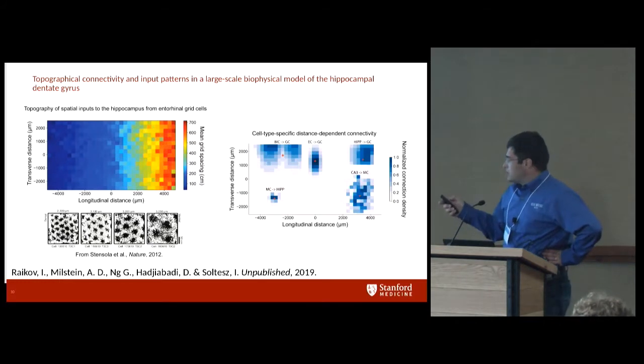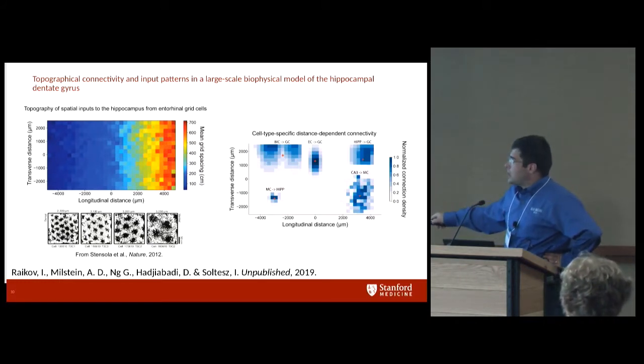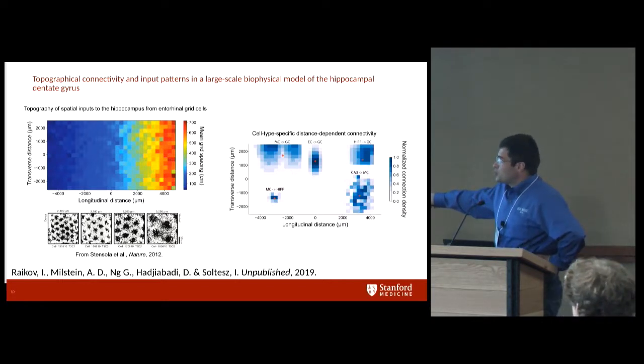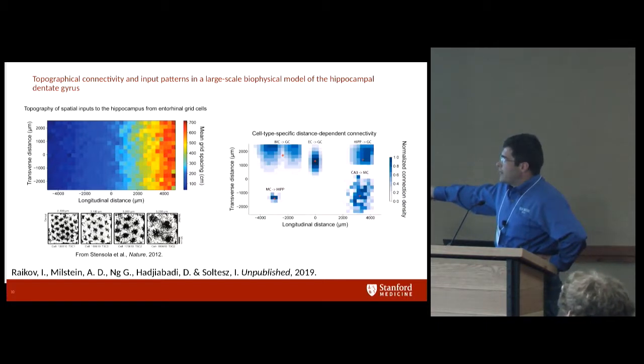And then this kind of anatomical structure allows us to define input structure to the hippocampus that follows the experimentally observed gradients. This is one of the papers that led to the 2014 Nobel Prize, which observed that at different locations in the hippocampus, the types of cells that project to it have different spacings and different sizes of their place fields. So this is our rendition of these gradients. Essentially, blue is smaller spaced spatial inputs, red is larger spaced spatial inputs.